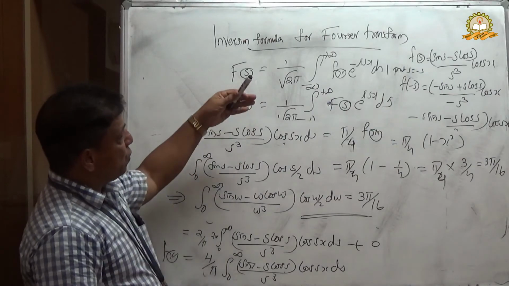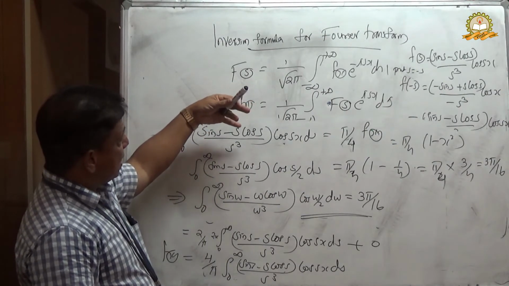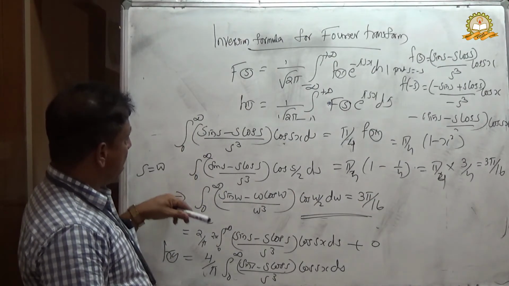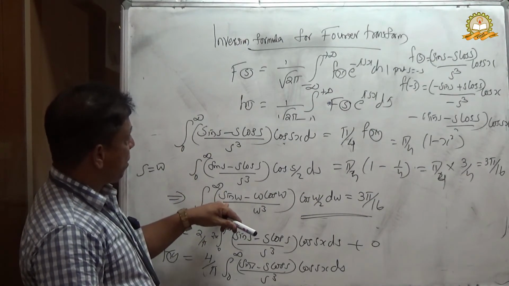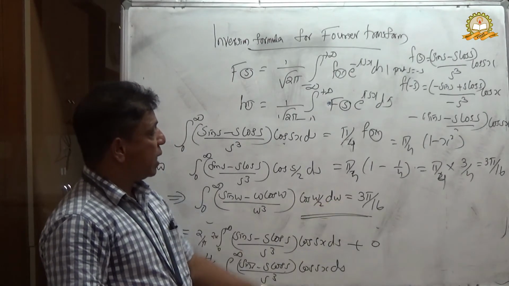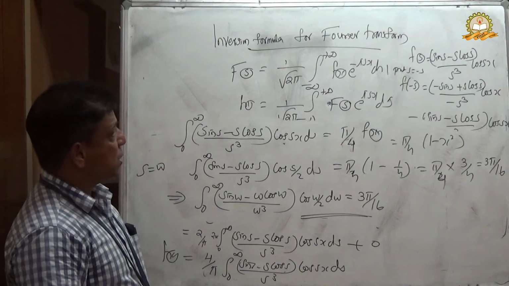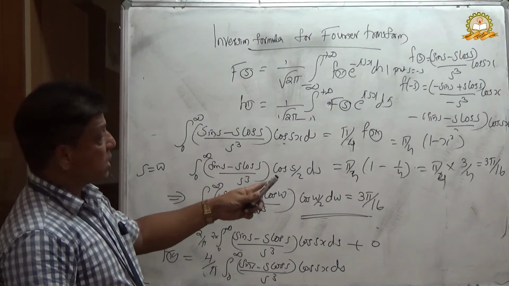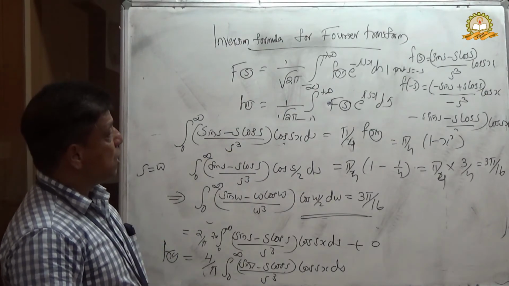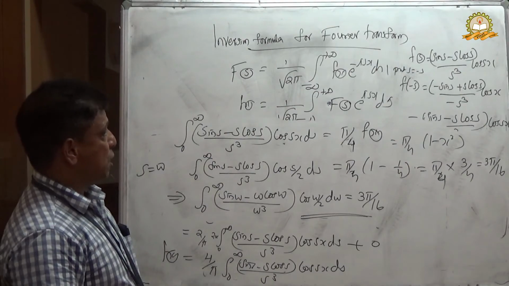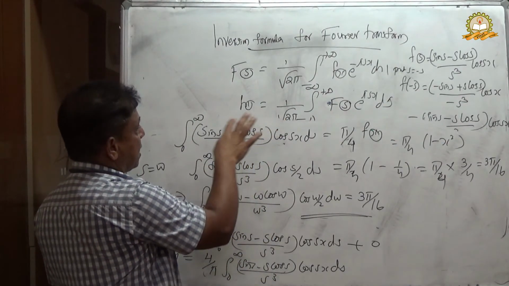So, first we work out as in the case of s, and finally s is replaced by omega. Then we get 0 to infinity of (sin omega minus omega cos omega) by omega cube into cos omega by 2 d omega is equal to 3 pi by 16. This is a very important problem. In university this question is asked several times. You just write it down 2 or 3 times, then you can clearly answer in the examination. Okay, check the steps.